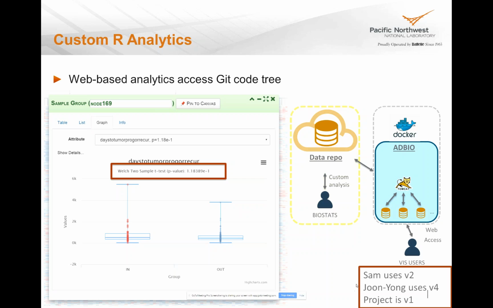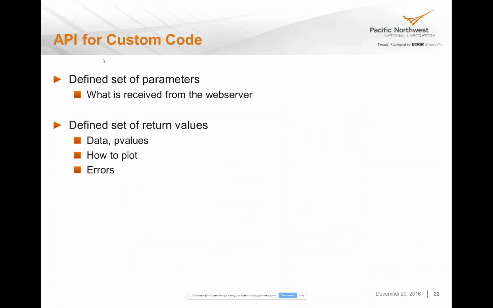And because we're using version control, I can choose to use a different version of an analytic code than other people, meaning I could develop independently in the same way that you think about software platforms forking and merging over time. So in order to enable that, we have an API for how software interacts with the web server, which is what you are going to receive as far as data from the web server, and what you should return back to the web server. You should return some results and p-value. You should tell it how it gets plotted. All of this is now in the API that we have.